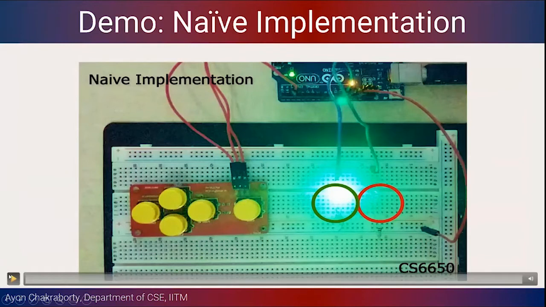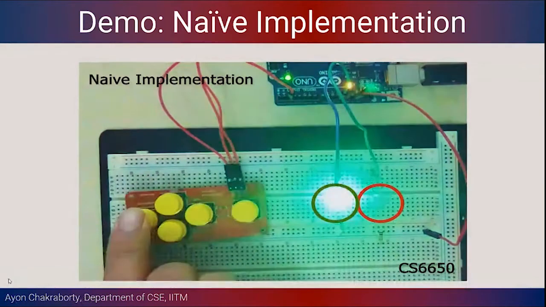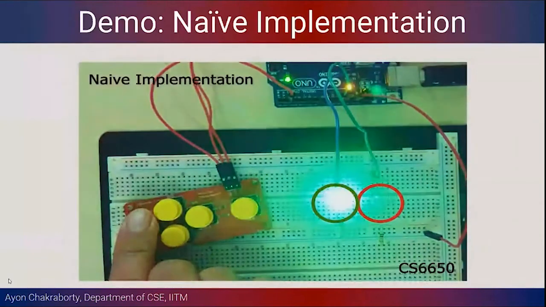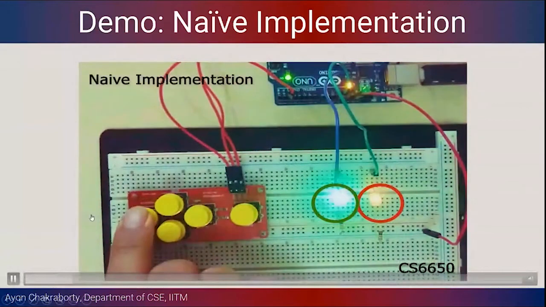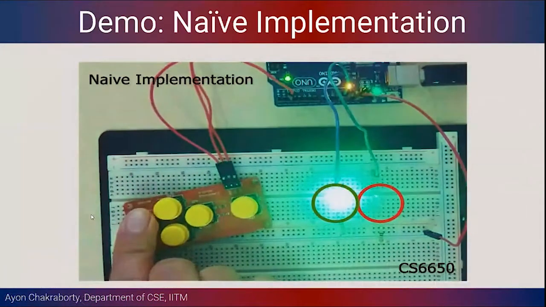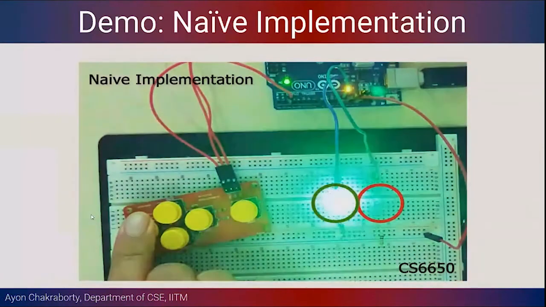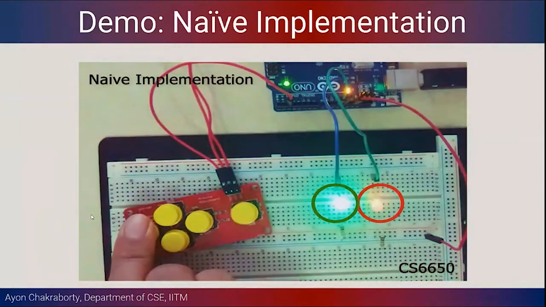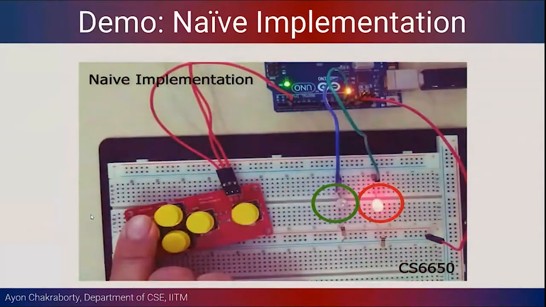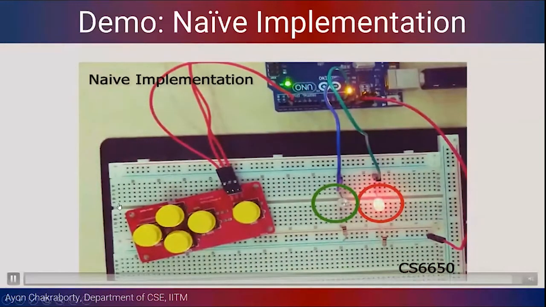This is the naive implementation, and I have marked the green and the red ones in the figure, right? Let's see what happens. It is showing something as expected, but see, there is a problem here, right? Sometimes, even if I'm pressing the switch, it doesn't toggle nicely. We saw that the red LED was on for more time, right? In this case, it's not working as expected, right? Hope we could understand that the switching was not that smooth.